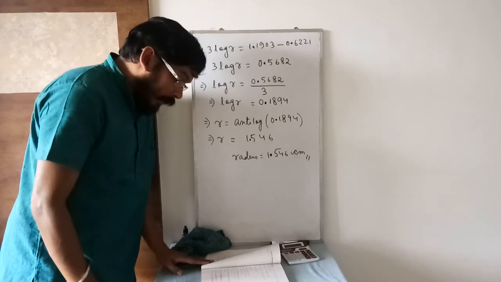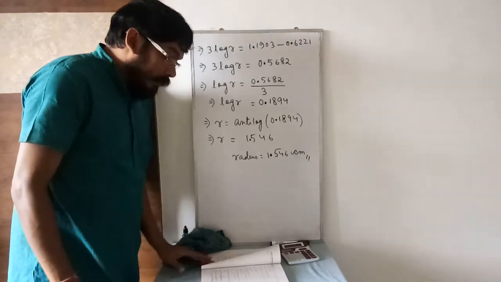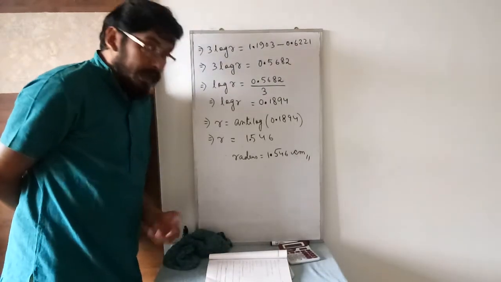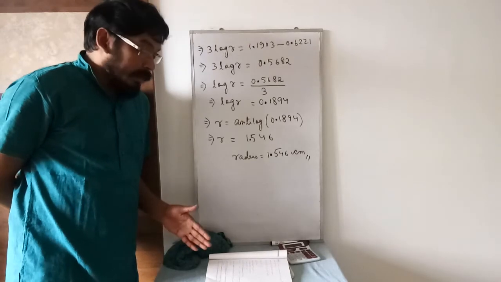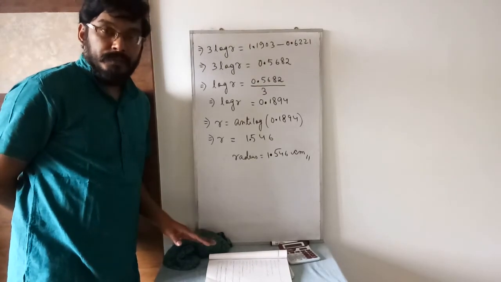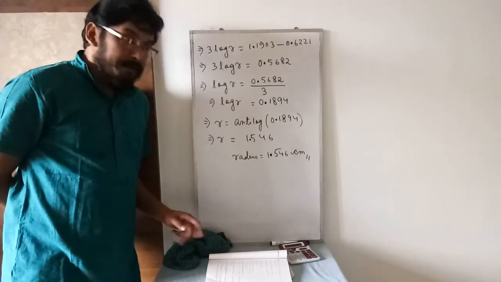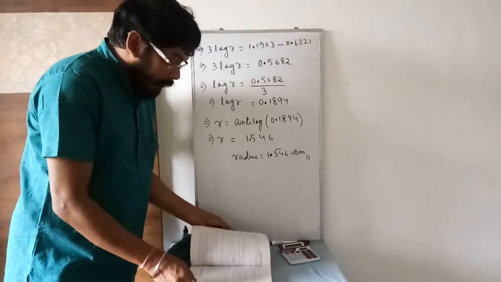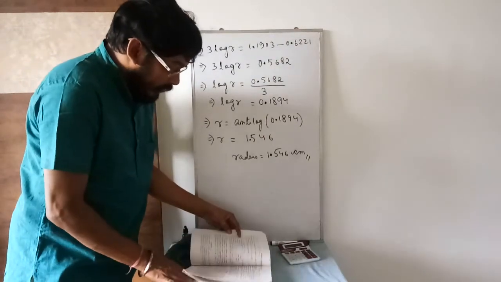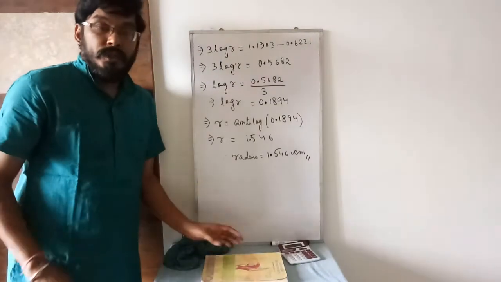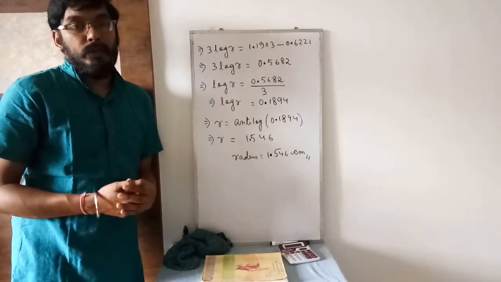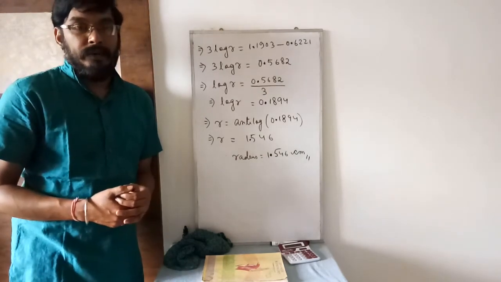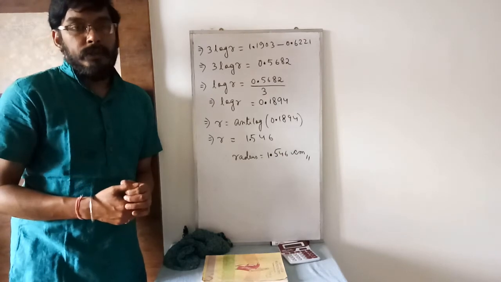There are some doubts, I think, from question number 9 of exercise 3.1. Next session I will do the remaining sums from question number 9, and then I will go for chapter 1, exercise 1.1 and 1.2. Question number 4 of 3.2 you will try at home.